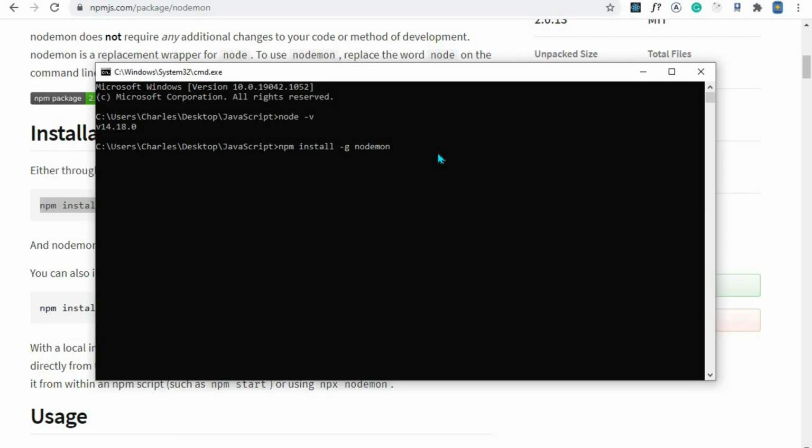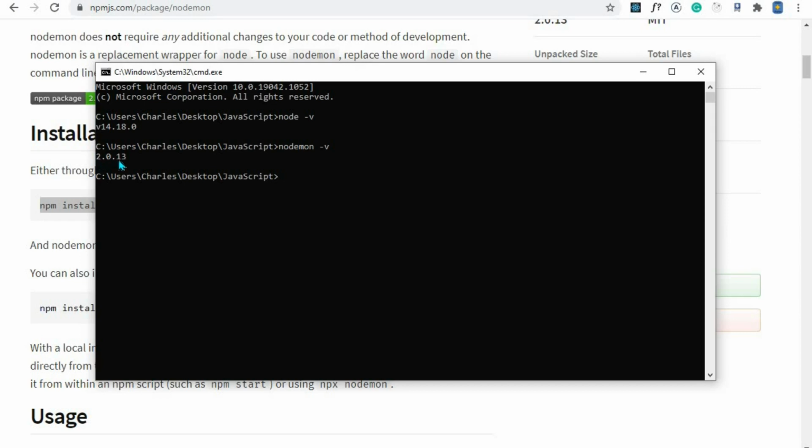So it will take some time to process and install nodemon, but since I have already installed nodemon, I won't do that, but I need you to do that, okay? Now, once you install nodemon, we need to make sure that it's installed. So the same way we did with node, we need to say nodemon and then space -v and then hit enter, and right there we'll see the version of nodemon that we are using,